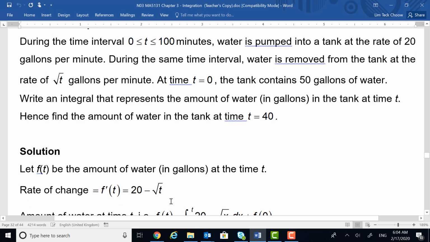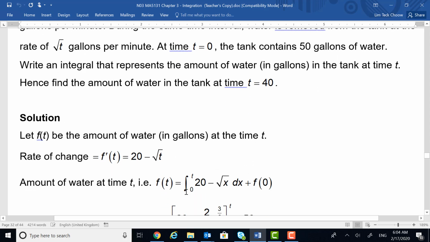And you can remember, to find the value of, say in this case, F(t), if you bring F(0) to the left-hand side, F(t) minus F(0) is actually the integration from 0 to t of the rate. Be very careful with the way things are written here. If you have the expression F(t) minus F(0), which means integrate from 0 to t,